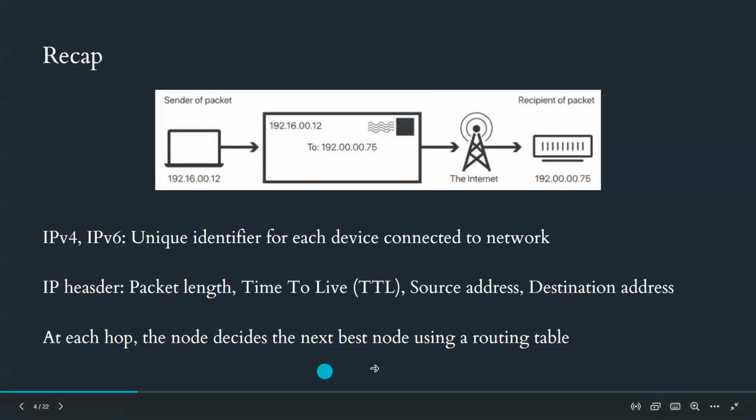At each hop, these protocols decide the next best node to forward the packet using a routing table. So routing tables are used to forward packets at each node by checking the best node to forward it based on the destination node. These protocols, these standards are followed in the network layer, and I think